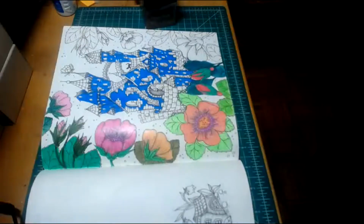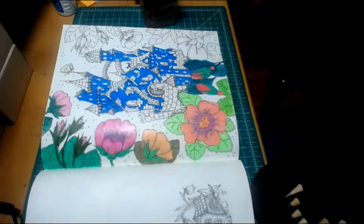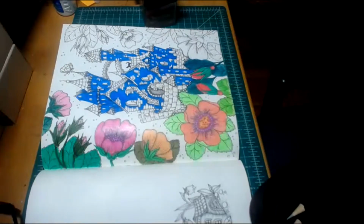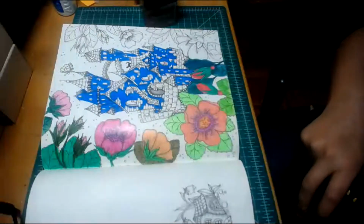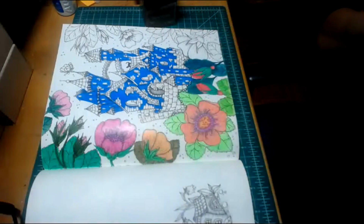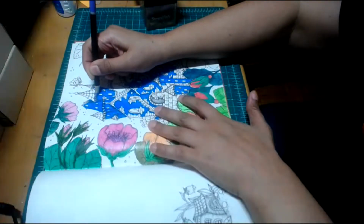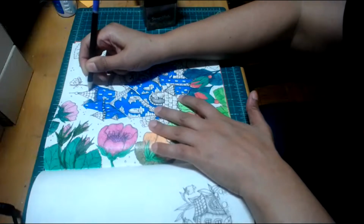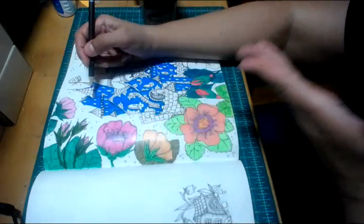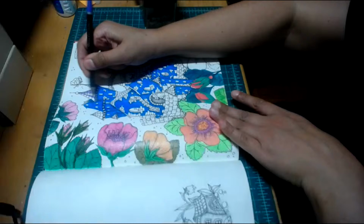So I might get rid of those diamond-driven pencils. Some pencils work really well. Like I love my Castle Arts. These are the Castle Arts, and I really love them. This is number 36. And it's hard to say what a favorite pencil is because a lot of times, for me personally,